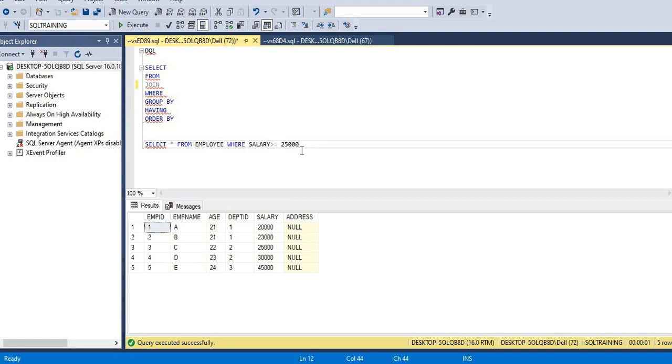group by. Okay, so this query will give you the output of the employee whose salary is greater than or equal to 25,000. Here if we see, only these 3 records have a salary greater than or equal to 25,000. So let me run it. It will provide the output of those 3 rows. Okay, now